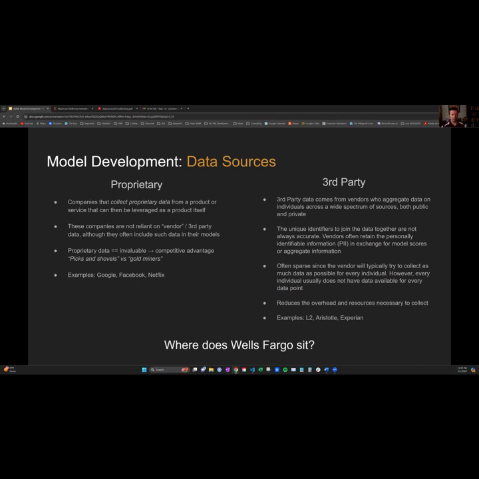So where does Wells Fargo sit? We're kind of in the middle. We use third-party data, but we also have our own data, as I was saying before, about credit card transactions or debit transactions or investment transactions, right? We have all of this proprietary data that we can use, but we also take in third-party data when we're doing marketing or advertising, or even if we're doing call center models, right? And we want to know information about, okay, where are the calls coming from? What are the calls like? What are the topics that they tend to talk about, the pain points and the bottlenecks? So we kind of have a healthy mix of both, in my opinion.